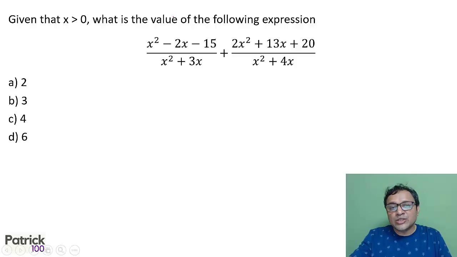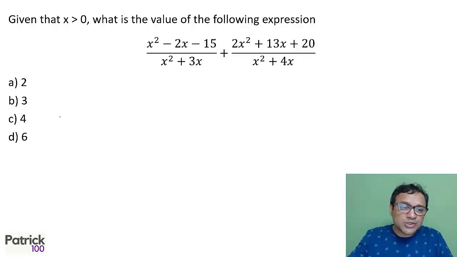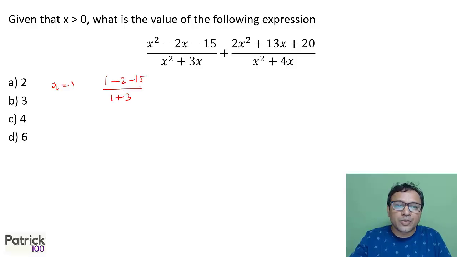Given that x is greater than 0, what is the value of the expression? Now, since all the options are constant terms, even if you put some value for x and get the answer, you should be fine. For example, if I put x equal to 1, I get 1 minus 2 minus 15 upon 1 plus 3. This becomes minus 16 upon 4,